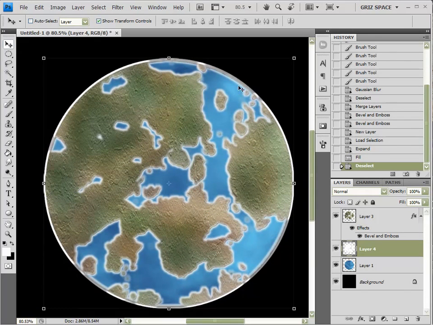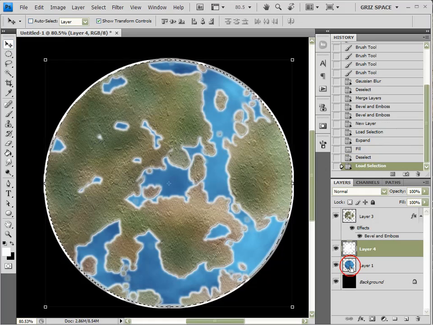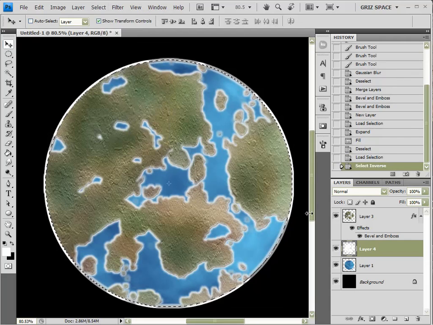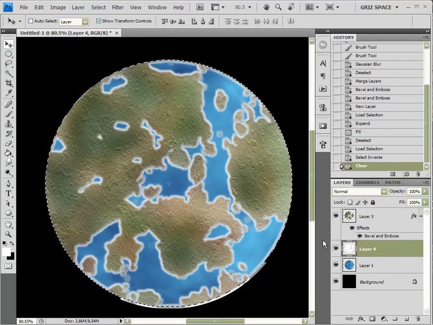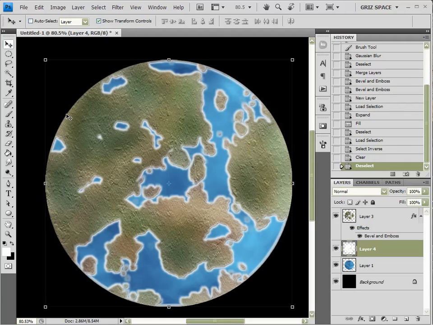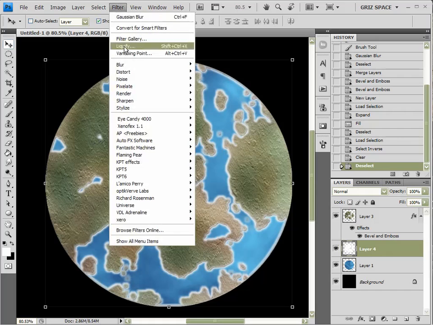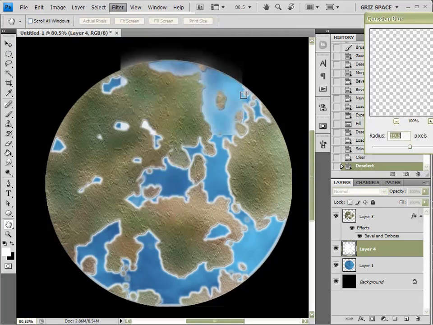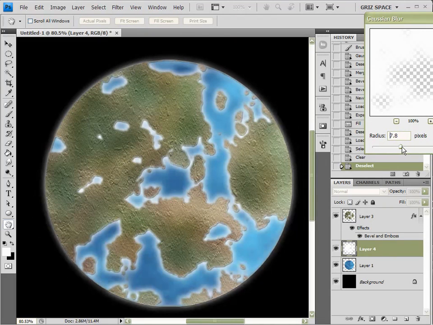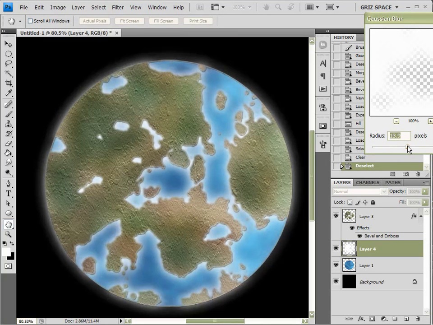Now what that did is it created almost like a shoreline around my land masses, which is exactly what I want. But it also created a shoreline around the outside of my planet, which I don't want. So I'm going to Control click on my planet, which will create a selection around that. I'm going to invert that selection, and on that shoreline that I created, I'm going to hit delete, and now everything is contained inside here on my planet. And what I want to do now is add a little Gaussian blur to my shoreline,